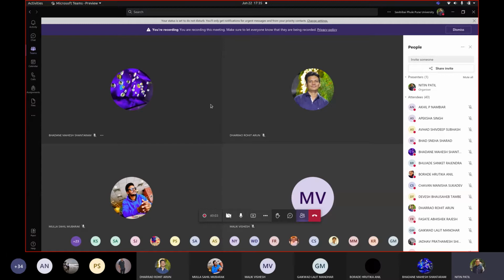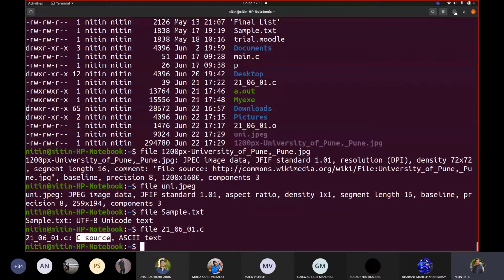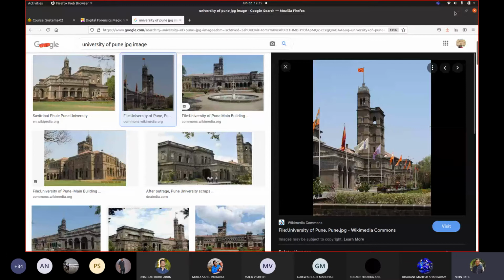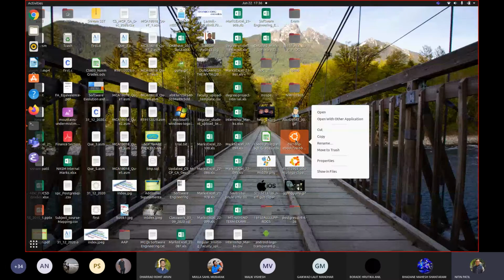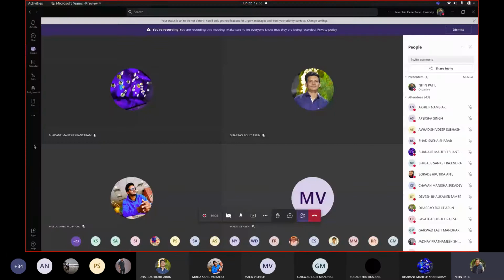You must have seen the Open With option when you right click. Let me show you. Such an option should appear, correct? This option provides you the mechanism if you want to change the application which can open the file.